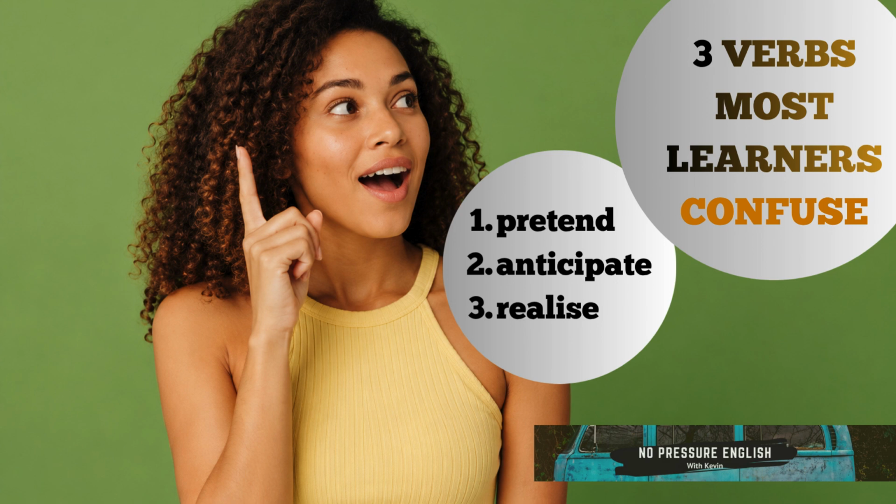A common mistake with this verb is this. "I anticipated my tasks before the deadline." Okay, this doesn't work. We don't use anticipate to mean do something early. Instead, I completed my tasks ahead of time. I completed my tasks ahead of time. Or I finished my work in advance. I finished my work in advance.